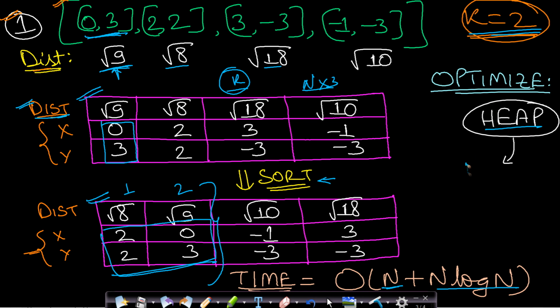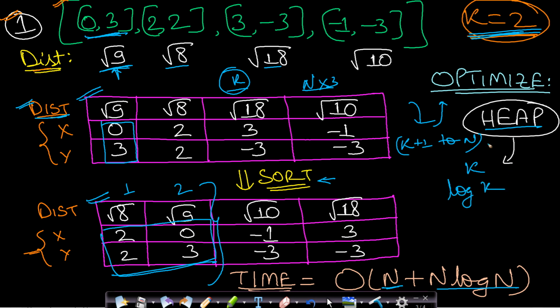If you take a priority queue of size k, because your requirement was actually to find the k closest points, we will take a heap of size k, and we will insert the first k distances along with their points. And once k points have been inserted, then from point k plus 1 to point n, we will insert the value and another value will get replaced by it. The time complexity for insertion and removal from this heap will be log k.